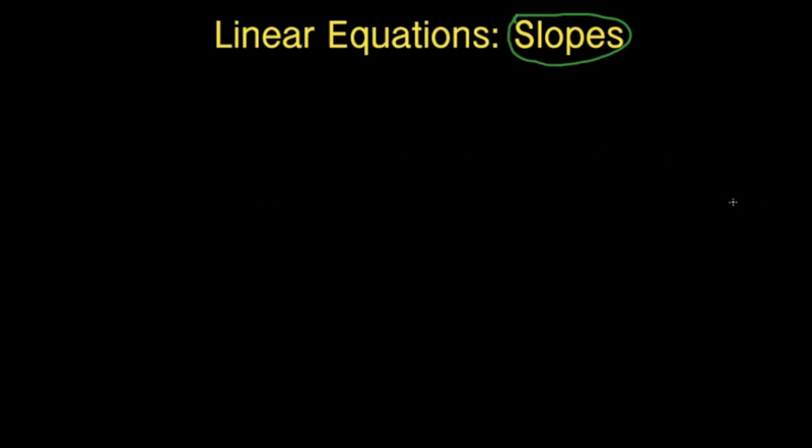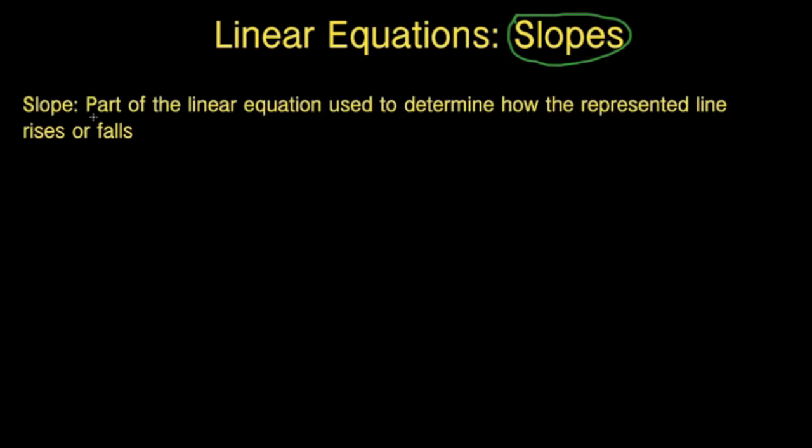So let's just go back to defining what a slope was. So the slope is simply the part of the linear equation used to determine how the line rises or falls. So for instance, if you had this hill over here and you were riding your bike,